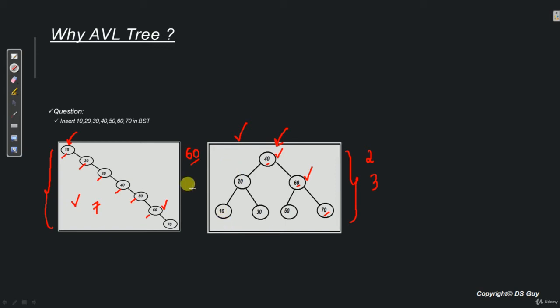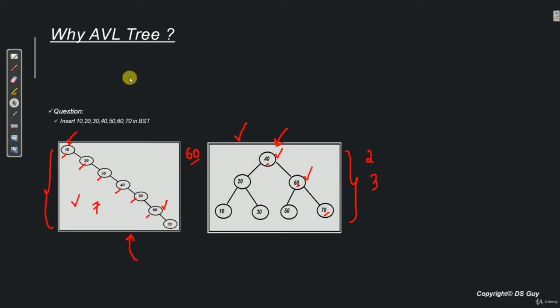Now you might be wondering how will AVL tree help us in this case? So what the AVL tree does is, it simply makes sure that we never end up in this kind of disbalanced trees. How does it do that? So it enforces some rules. When we are inserting or deleting any node in a binary search tree, it makes sure that the tree is never disbalanced after inserting or deleting a node. So because of that, our tree will always be balanced in any case.